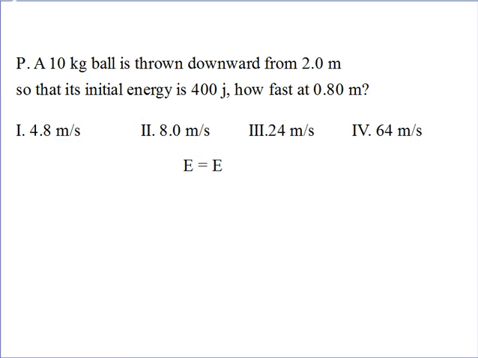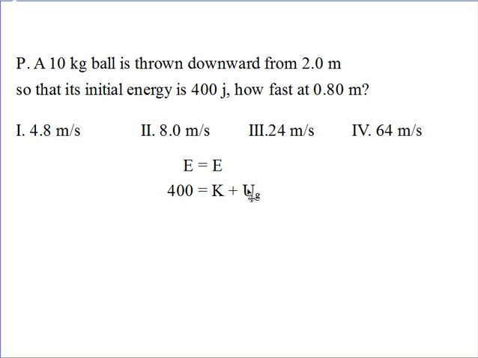And then when it is thrown, it's going to have both kinetic and potential energies. But I can't do anything with that because I don't know how fast it was thrown. I know how high it was thrown from, but I don't know how fast. So it is better in this case to just say that at that moment it was thrown, the total energy was 400. They told me that. And when it is 0.8 meters up, it has both the energy of motion and the energy of being up.